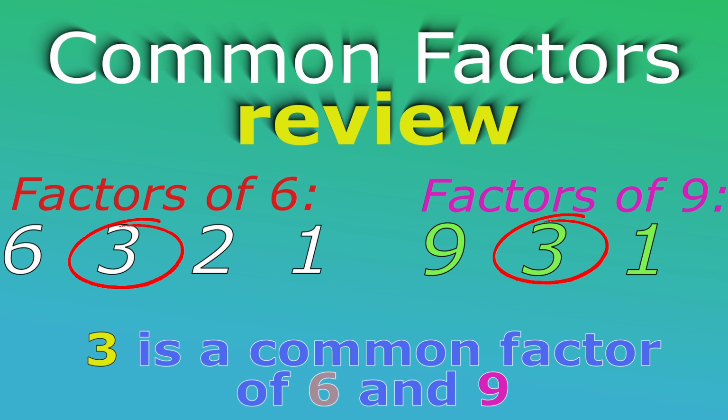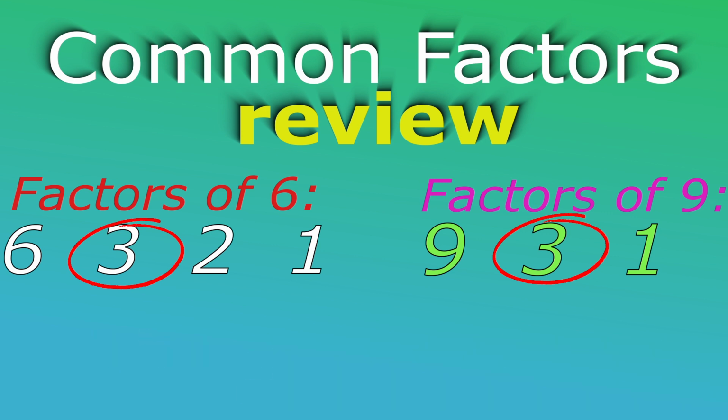We didn't include 1 here, even though it divides both numbers, because 1 divides all numbers, and that doesn't help us find the highest common factor. What the highest common factor of two numbers is should be obvious. It's the largest of all the common factors.